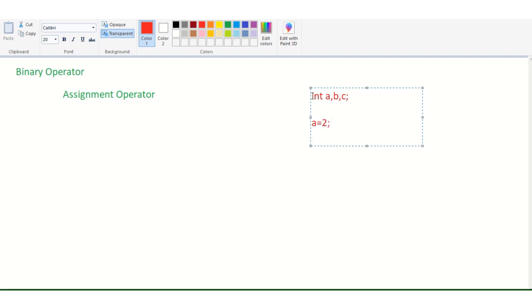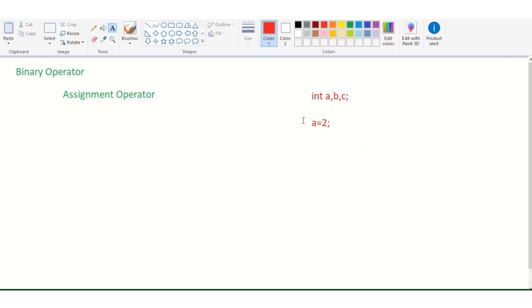What is this? Is this the assignment, the declaration, or the initialization? A is equal to 2 means what? I had told you in the previous sessions. This is the assignment.